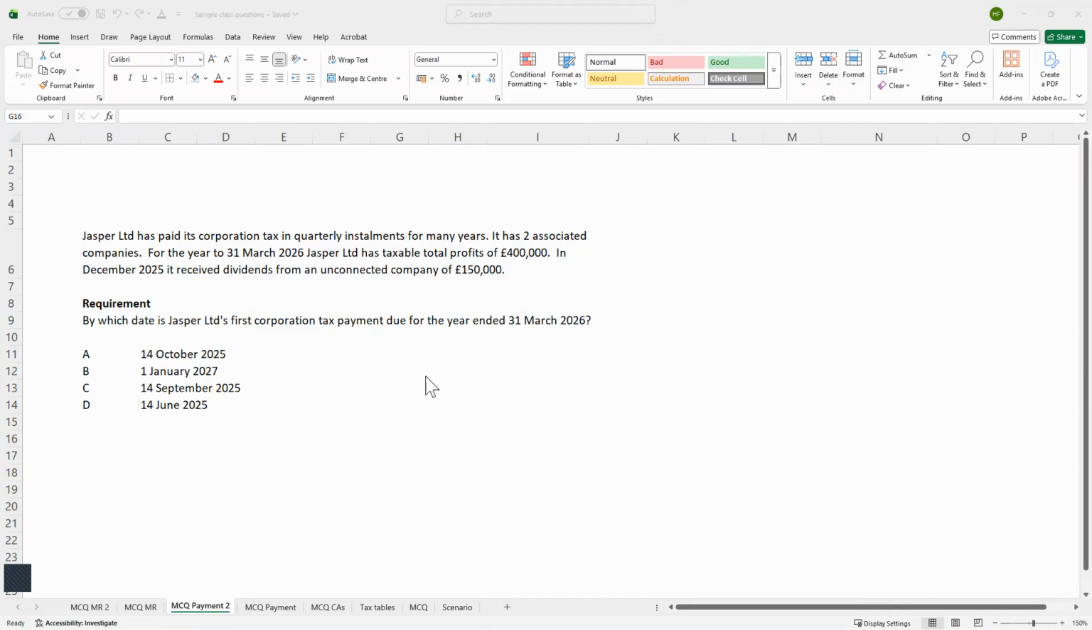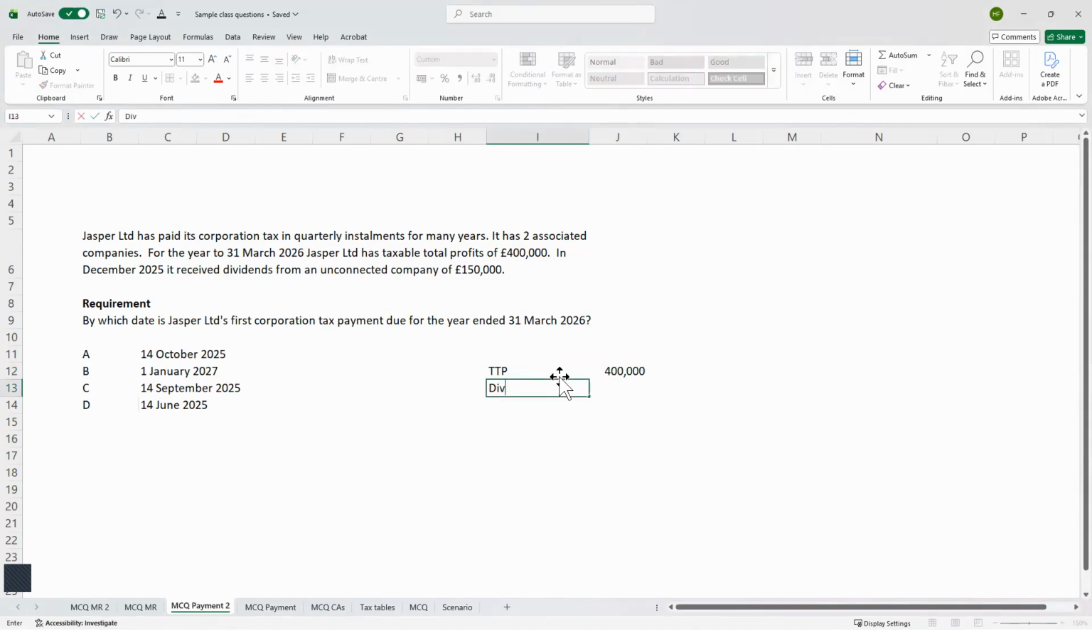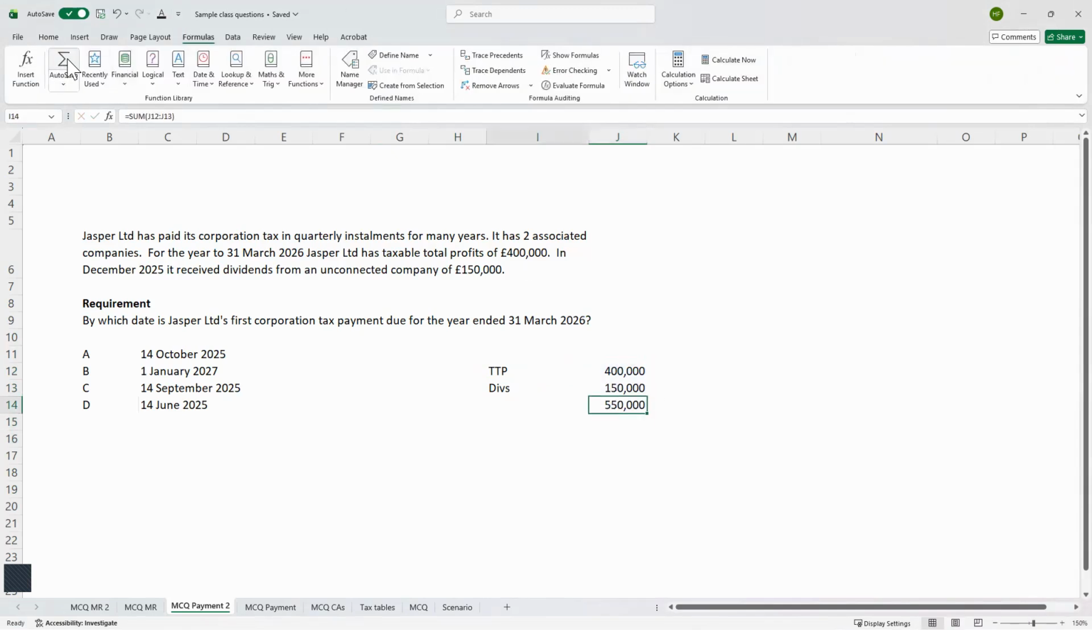Jasper Limited has paid its corporation tax in quarterly instalments for many years. It has 2 associated companies. For the year to 31st of March 26, Jasper Limited has total taxable profits of £400,000. In December 25, it received dividends from an unconnected company of £150,000. Here we know our taxable profits are £400,000. We need to add on the dividends from the unconnected companies of £150,000, which means our augmented profits here are